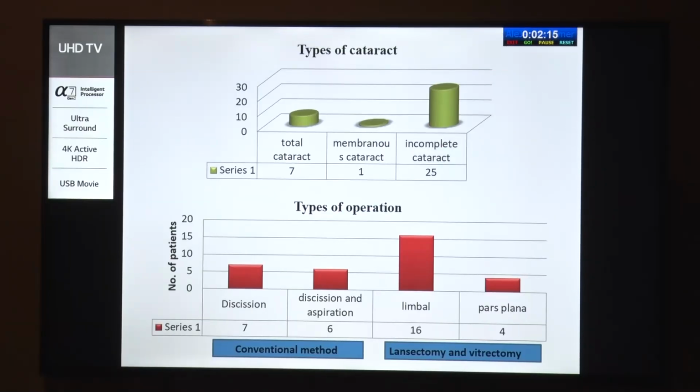In the type of cataract, total cataract was present in 7 cases, membranous cataract in 1 case, and incomplete cataract in 25 cases. In the type of operation, in the conventional method, 7 cases were done with discission, and 6 cases with discission and aspiration. Lensectomy and vitrectomy with a limbal approach was done in 16 cases, and a pars plana approach in